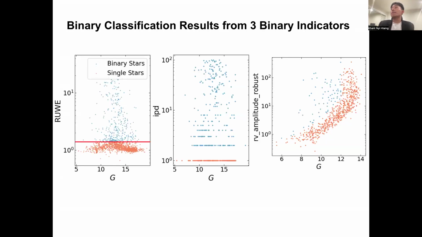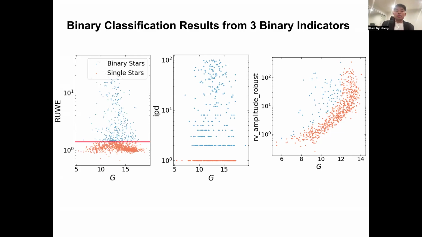So this is the binary classification result from three binary indicators. In the leftmost plot, we have RUWE on the y-axis and the magnitude in G-band on the x-axis, color-coded by binary and single star, and anything of 1.4 or bigger will become a binary star, and the rest will be single. And in the middle, we have IPD frac multi peak, and anything of 2 or bigger will become a binary star. And then the last one, we have RV amplitude robust as a function of